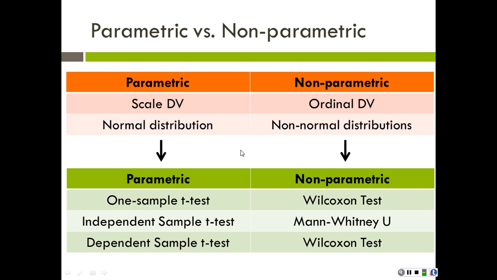So basically what you'll see is that all of the types of stats we're doing fall under this parametric statistic column. So we have our scale dependent variable, we have a normal distribution, and so we can use parametric statistics. So we can do our one sample t-test, our independent sample t-test, and our dependent sample t-test. But if you had an ordinal dependent variable, so your dependent variable wasn't like temperature or height or weight or something like that. What if it was like a rank order or a survey, right? Ranking from 1 to 5. If you had that kind of variable, you could do a test like this. Or if you had a non-normal distribution, you could do a test like this. You would just have to look up these non-parametric